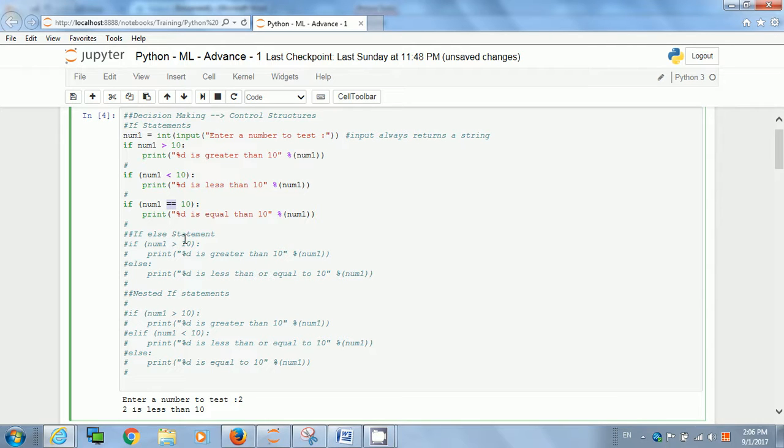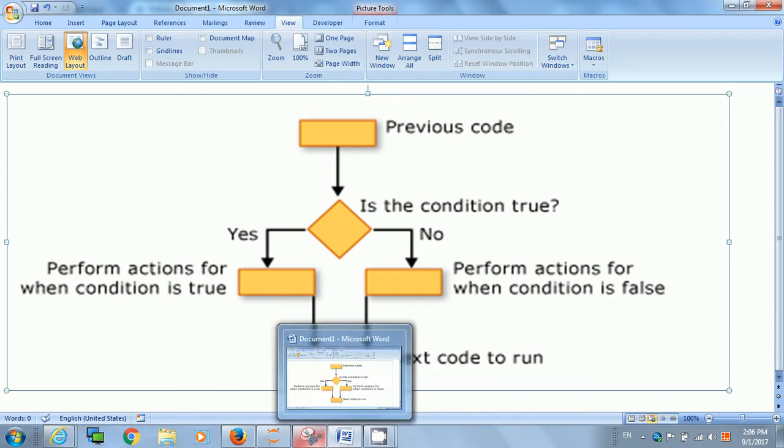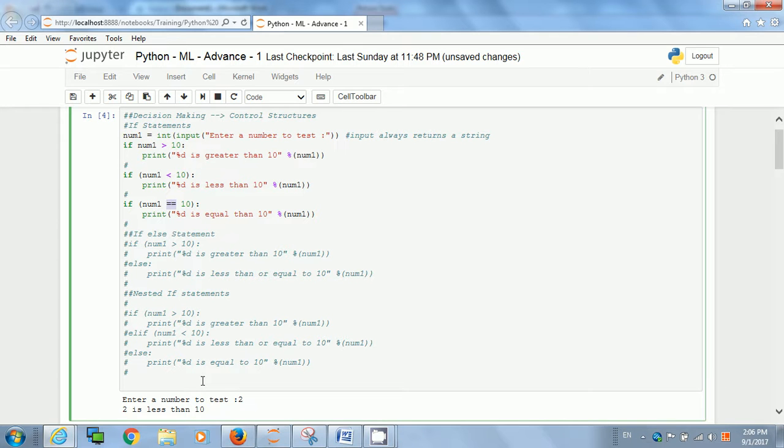we have else. I already showed you the else here. It will make your code much easier to read, and it is faster also. Because over here, if you see, if this is satisfied, then also it will go and check here, then also it will go and check here. But in this case, if you use an else statement,